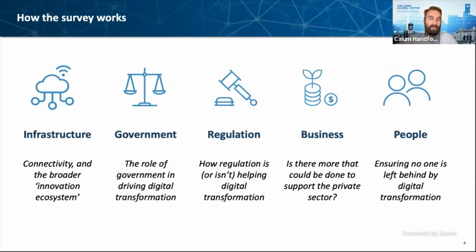In the context of government, we look at which public services are online and which aren't. And we also ask your favorite public websites, which is always an interesting question. On the third side around regulation, we look at what protections exist for privacy, security, and also broader catalytic things like open data. For business, we look at how businesses can function and operate in Curacao. And for the people element, we look particularly at the digital divide and ensure that no one is left behind. Across all of these 5 pillars, we also ask some broader questions, including things like the impact of COVID-19, and also looking at broader digital priorities as well.